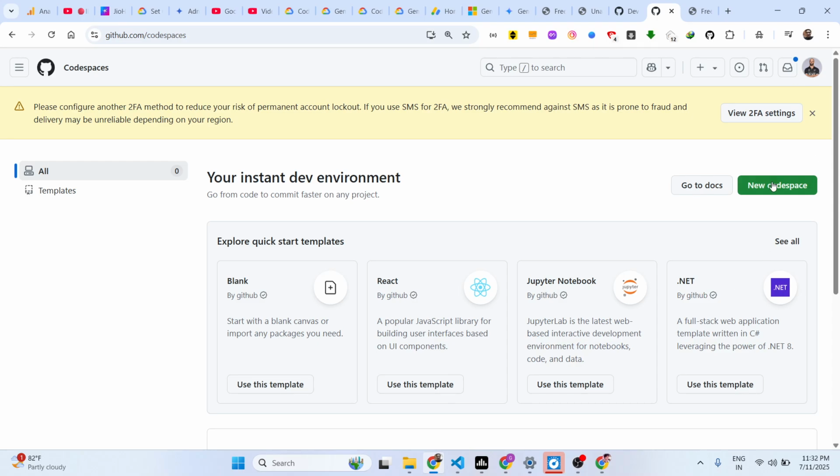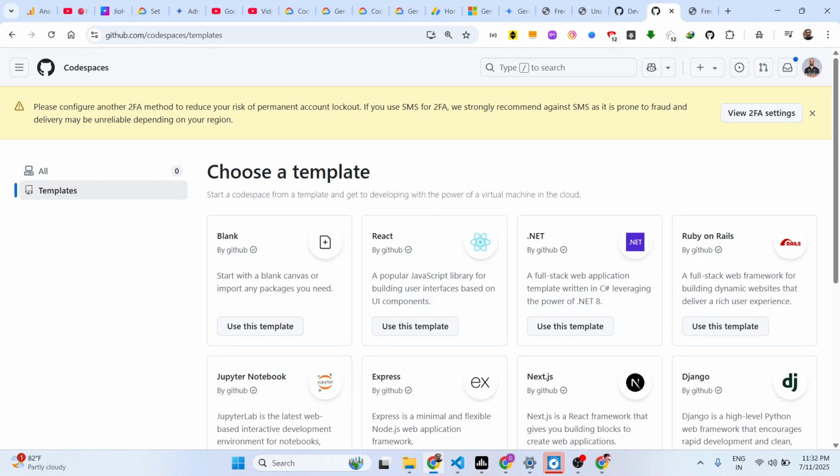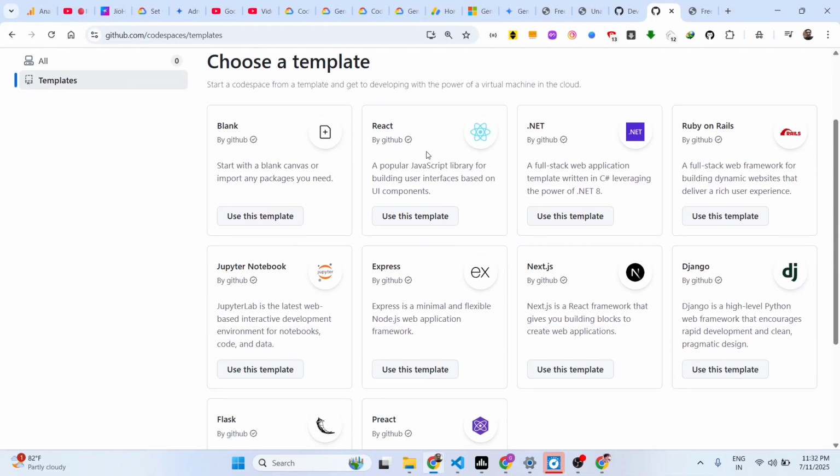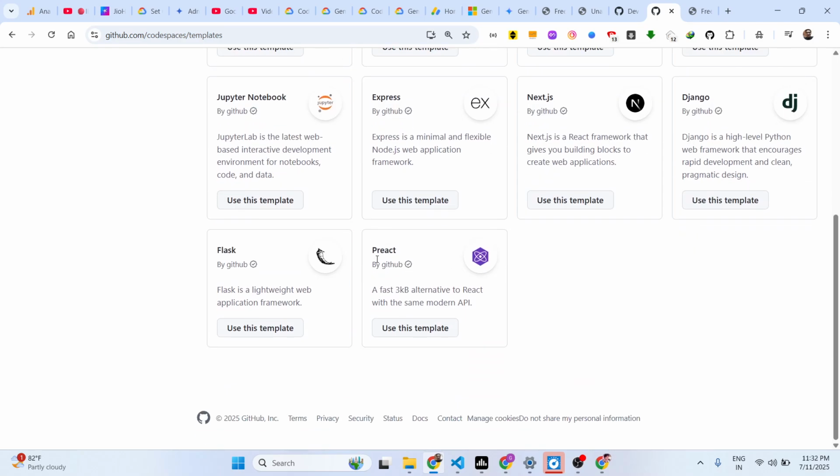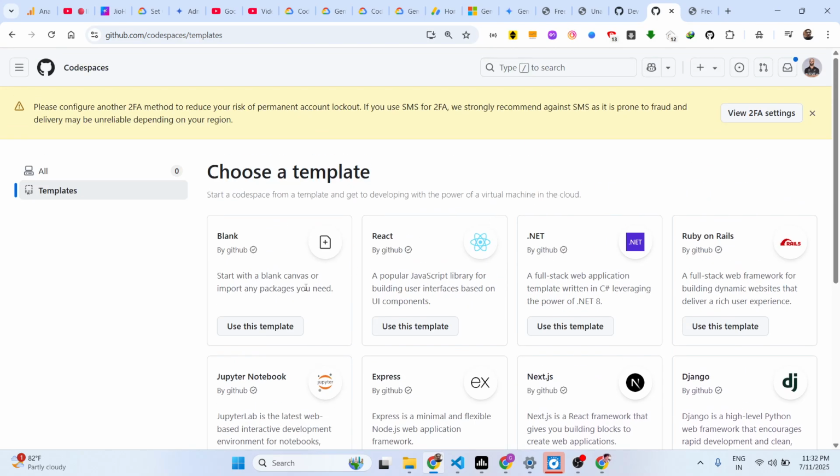And then after that you have this option to create a new codespace, and you can also select from various templates. Either a blank canvas, or if you're creating a React project, you simply click use this template, and this will create a simple React project. You can see it also supports Express, Next.js, Django, Flask, all the major frameworks. So start from scratch here. Click on use this template to create a brand new GitHub codespace, and then it will set up